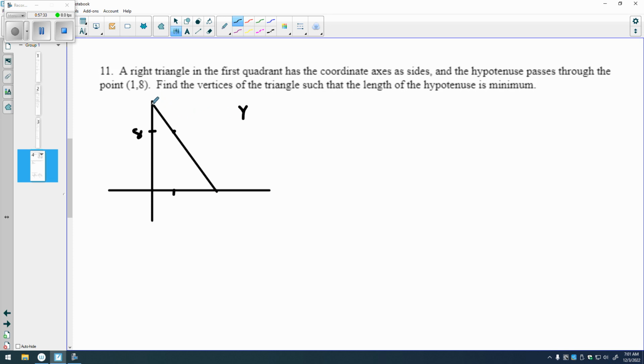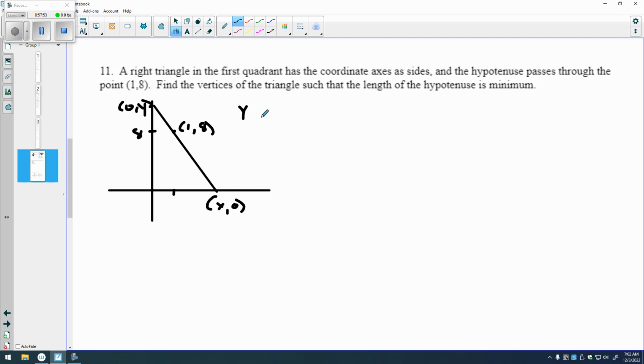So this is 0, some value for y. This is x comma 0. So I'm going to split this up. This slope and this slope have to be the same. So this point right here